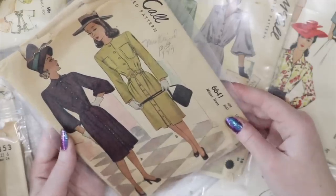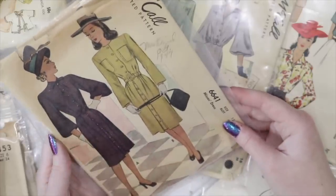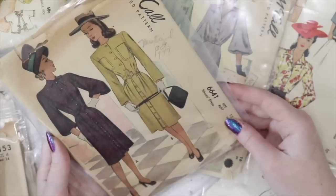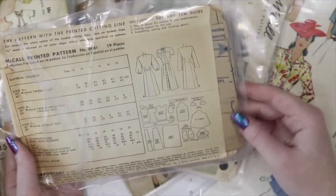And this has large elbow-length balloon sleeves as an option, and then also not very fitted long sleeves. And again, you have optional decorative pockets over the chest. You have an optional tie at the neckline. It looks like the skirt is shaped with gathers and a pleat towards the front, and then it closes with buttons down the front. And actually this does look like it has been cut out, but also appears neatly folded,